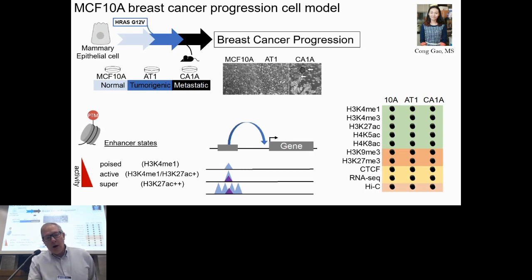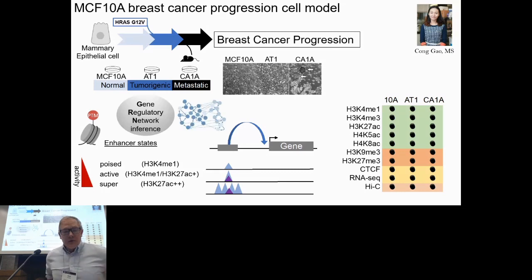And so with these cell lines, we've managed to generate a number of different ChIP-seq and other functional genomics data sets, including RNA-seq and other modifications. And we're particularly interested in studying the cis regulatory elements that are called enhancers. Then there are a number of different enhancer classes that can be defined by